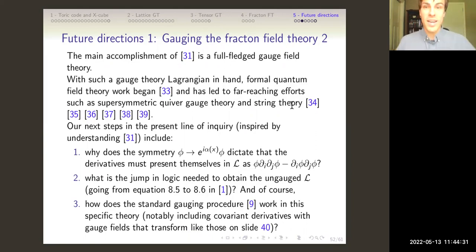With a full gauge theory in hand, an intense effort from the high energy community began as well. For instance, Professor Xiujin Xiao at Stony Brook has been doing a ton of work with Nathan Seiberg, as well as many others, delving into very formal topics,